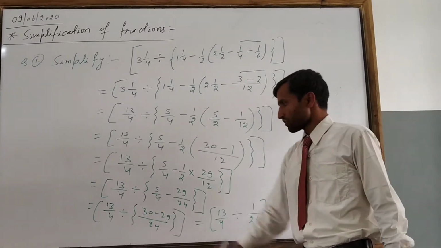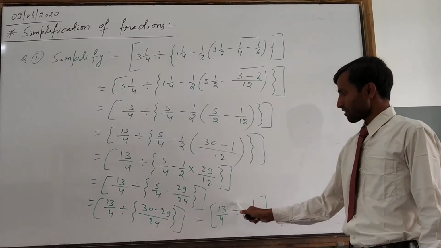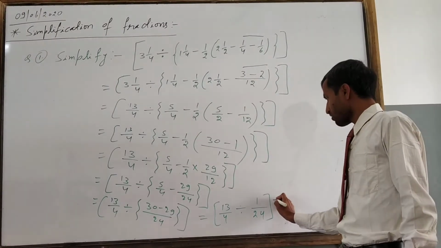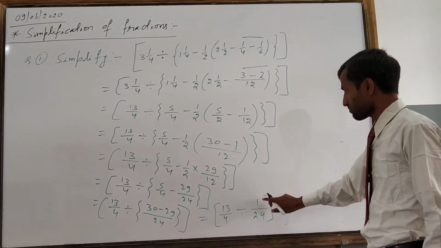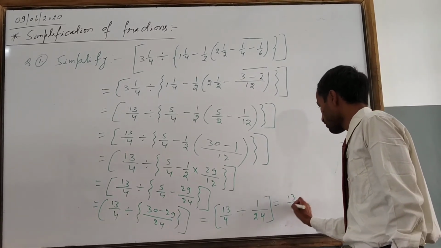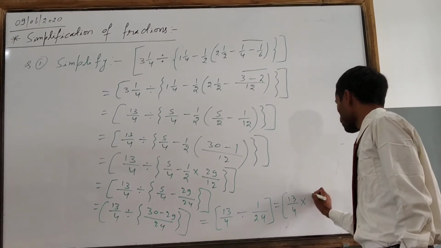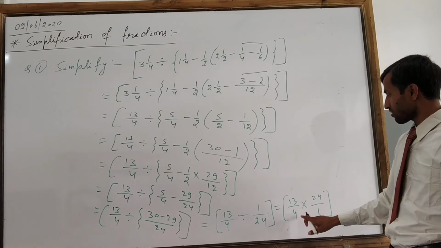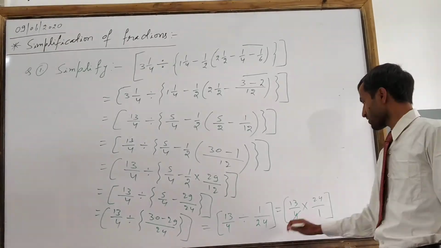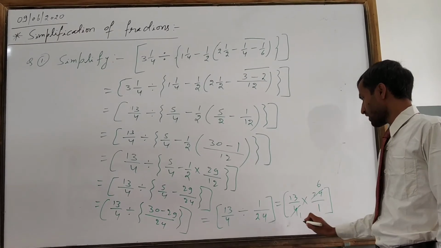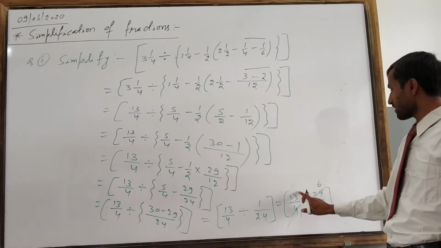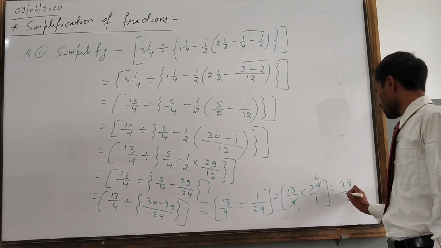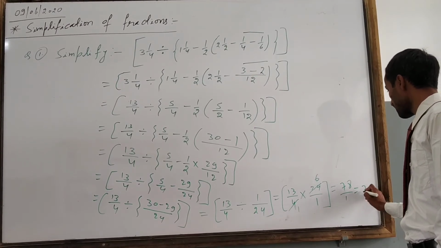Now the curly bracket is removed. Now we have to solve the last step. Here in the big bracket there is division, so in place of division we have to put multiplication. For that we take the reciprocal of this fraction. So 13 upon 4 into 24 upon 1. After that we cancel, if any cancellation is there. So 4 6s are 24 will come. By cancelling, 6 and 1 will come here: 13 6s. After that we multiply numerator to numerator, denominator to denominator. So 13 6s will come, 78 upon 1. So the big bracket will be removed. The final answer is 78.